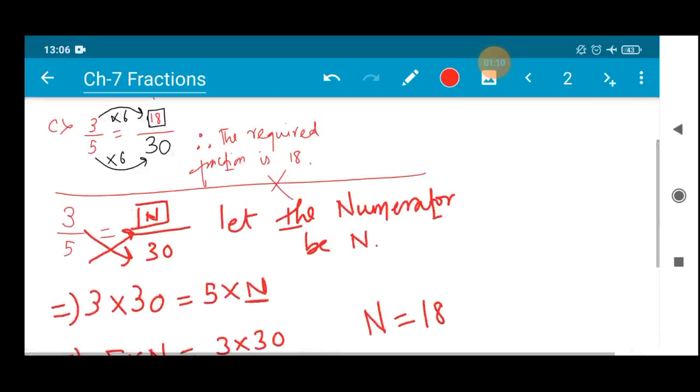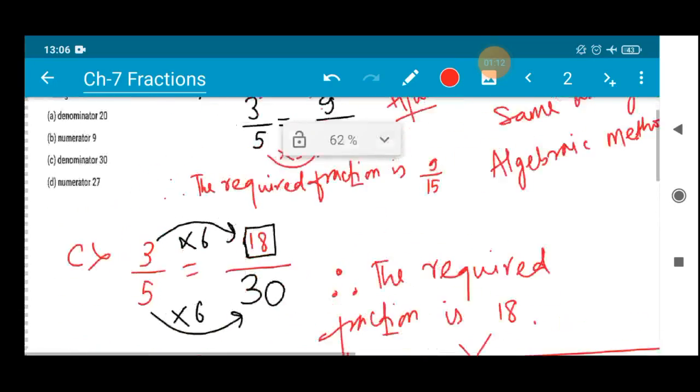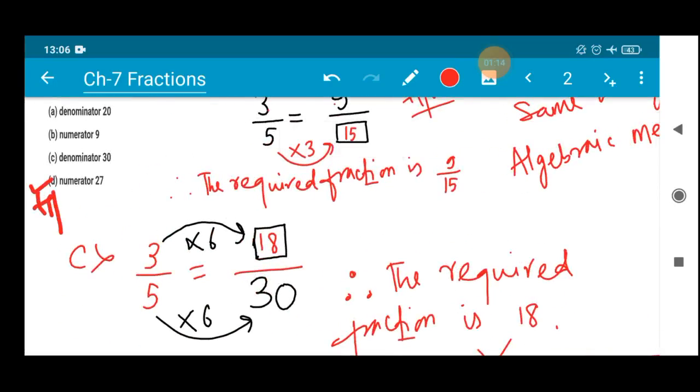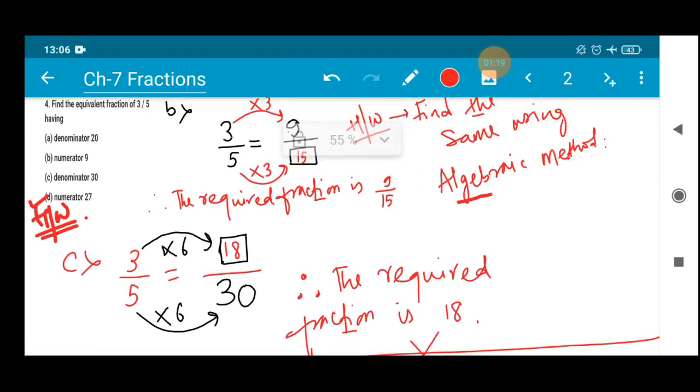So I hope you people have enjoyed this and understood this. I request you all to do this number D as a home assignment using both the techniques, that is the normal method as well as the algebraic method. You will be doing question number C and number B as a home assignment. Number B I have already solved in the normal form. You will be doing the algebraic method.